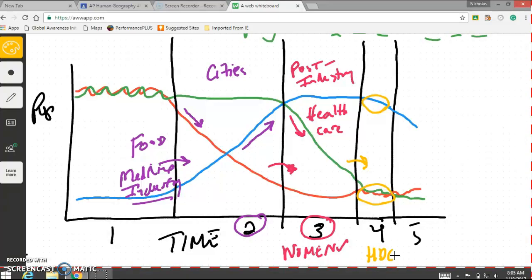Then there's the stage 5, where countries transition, and we start to see that the death rate here starts to move beyond the birth rate. And then we start to see this kind of population dip. Okay, this happens when people are deciding not to have as many kids anymore. And we're starting to see in some places like this, particularly in Europe,